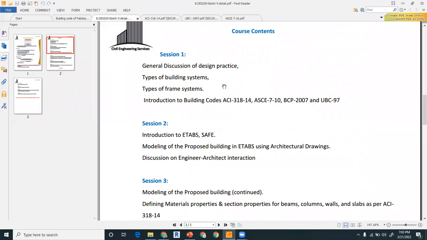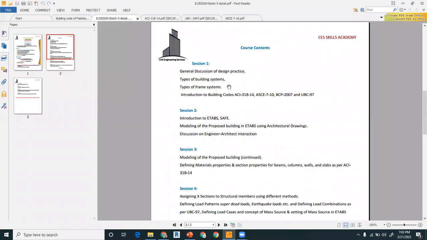In the first session, there will be a general discussion, which we will do from time to time in each session, and then we'll move towards the types of building systems, and this will be a brief introduction because this is a bit advanced design, in which we do not go into detail at the beginning, right? Because I will assume that you have done your BSc and MSc, and you know the different types of slabs in building systems, but we will review that briefly, right? And then we'll move towards the